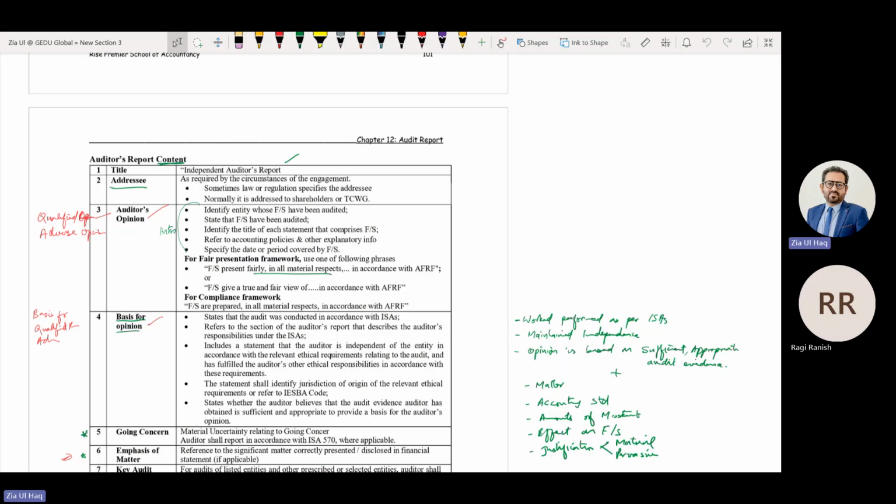50% is audit and assurance that we have already studied at state level. Out of the remaining 50%, 25%